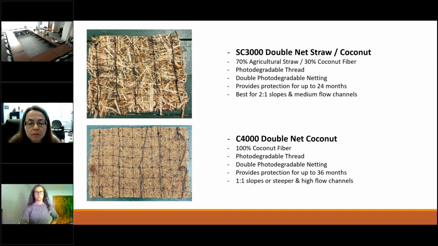The only way to get a shorter lifespan, if that's something you would be hunting for on the netting, is they do make a polypropylene netting. What they do is they add a UV degrader to the additive when they make that polypropylene netting. So that cuts the lifespan of that down to about 90 days, which is